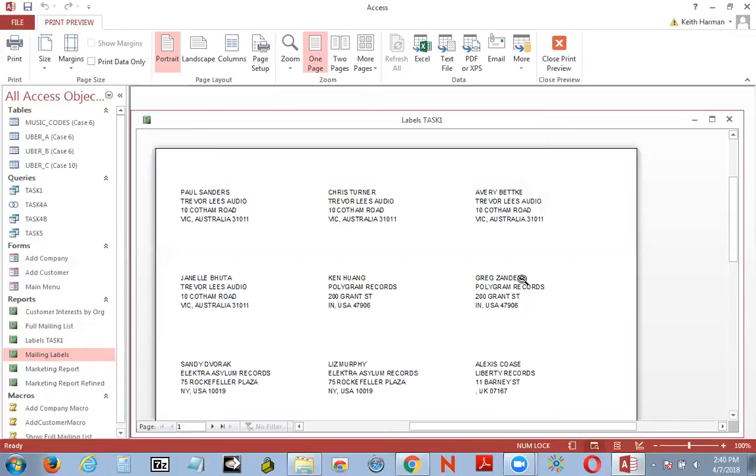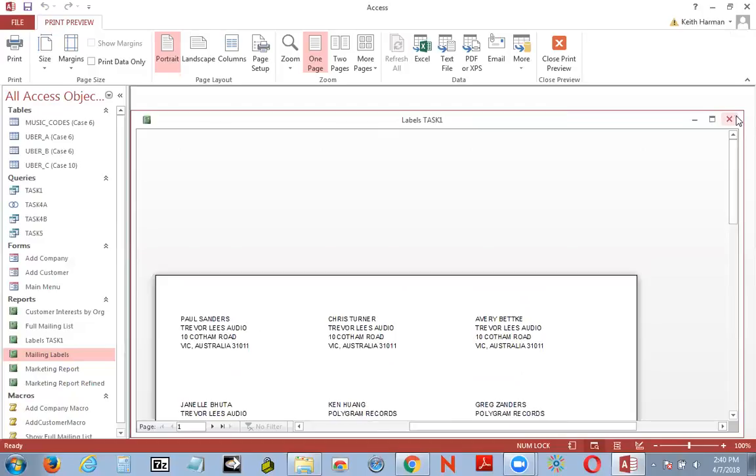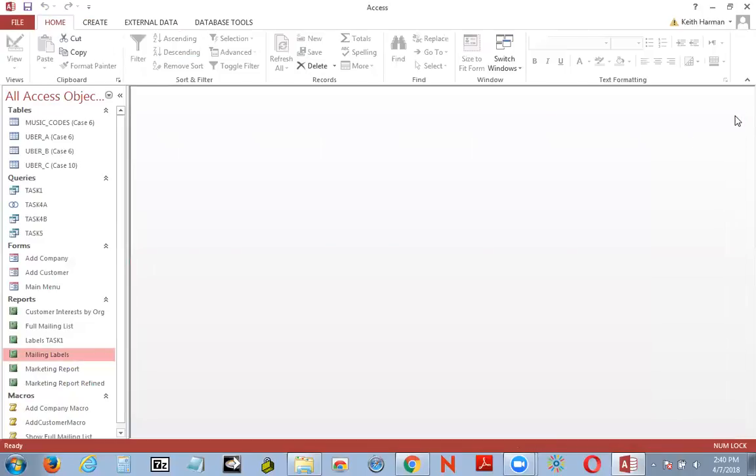And there it is. Very nicely done. Got myself a set of labels. And so you can see there's our labels. Task 1. Now,